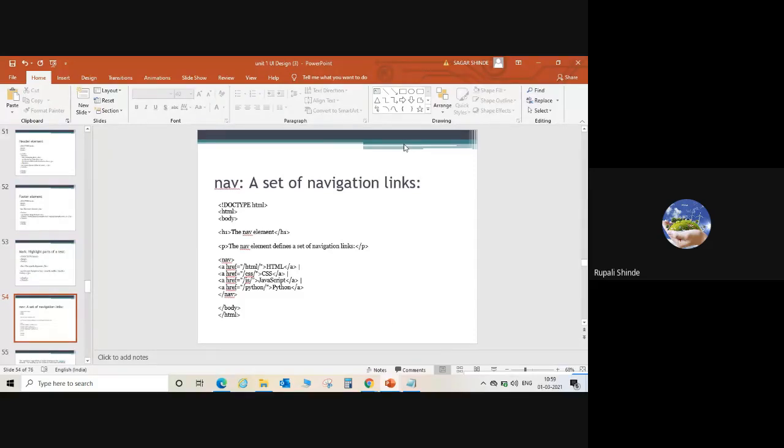Then it is the navigation tag, but we are going to see it afterwards because now it is not working properly. It is showing the links only, but it is not switching from the current web page to the respective web page or the respective part of the web page.